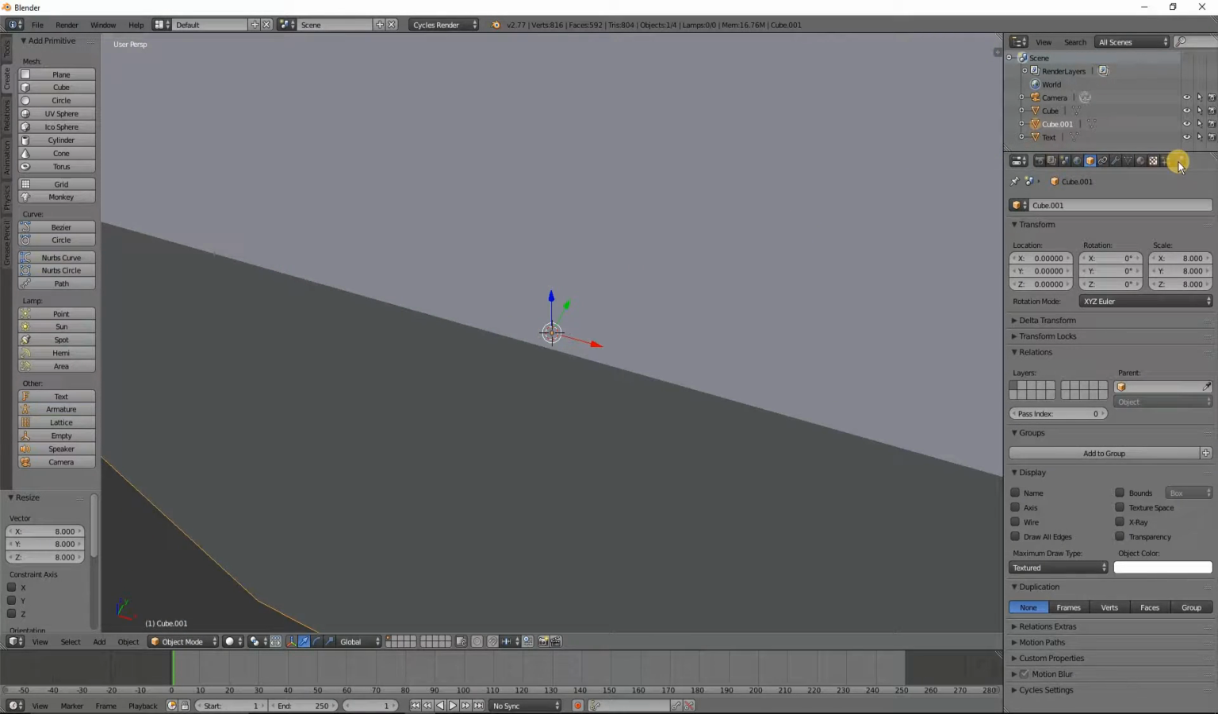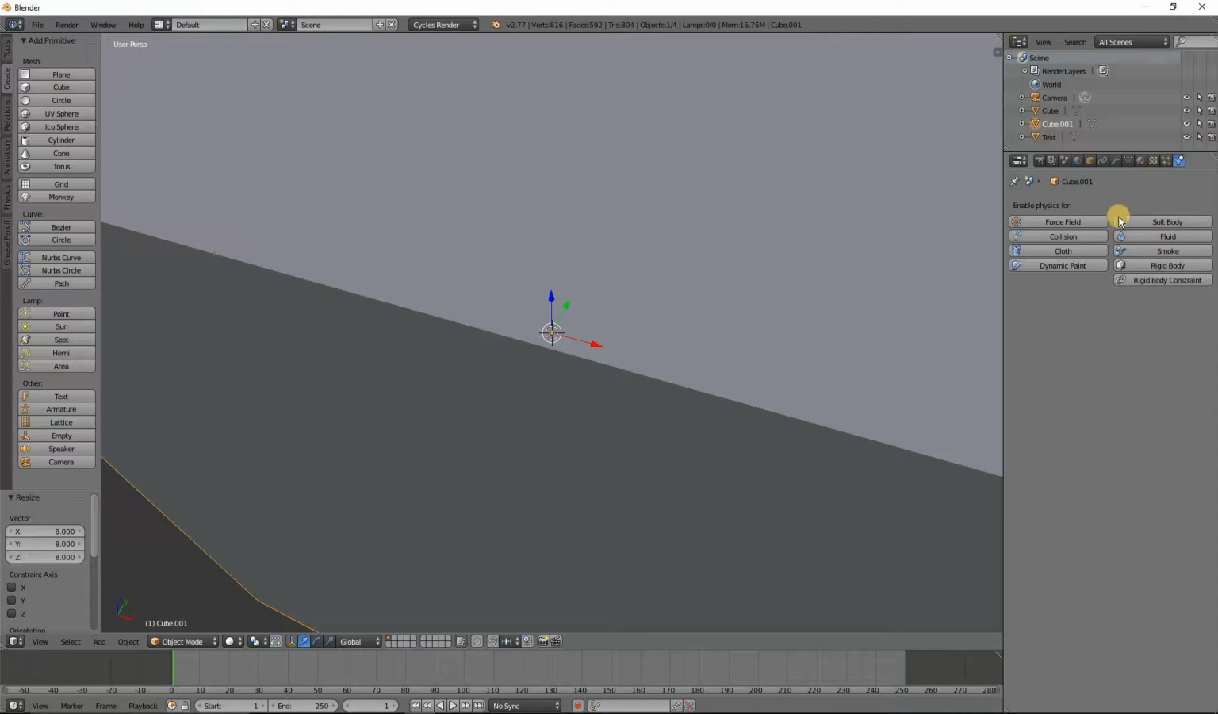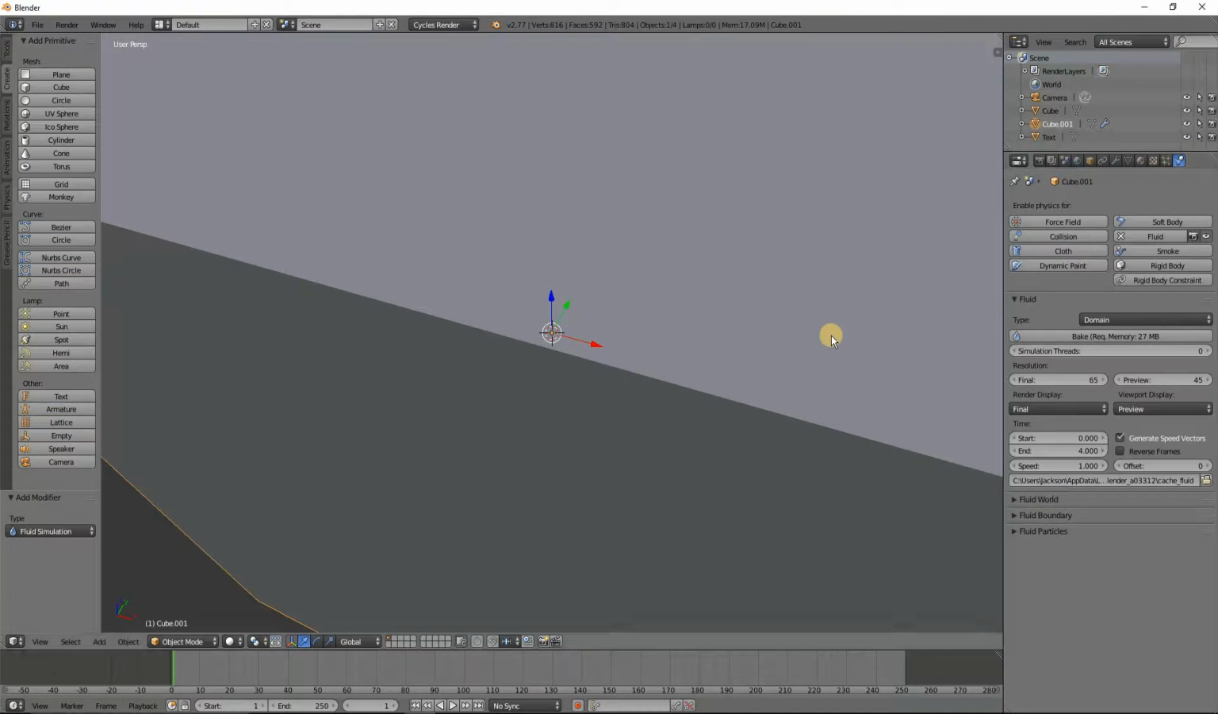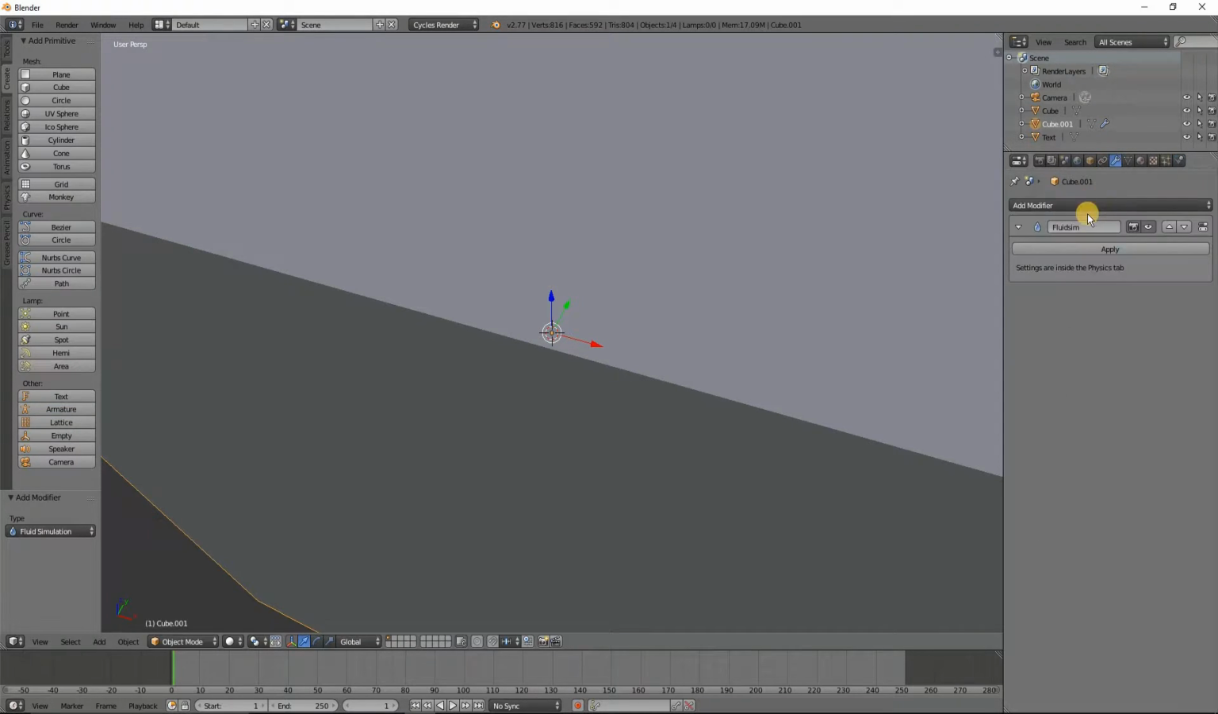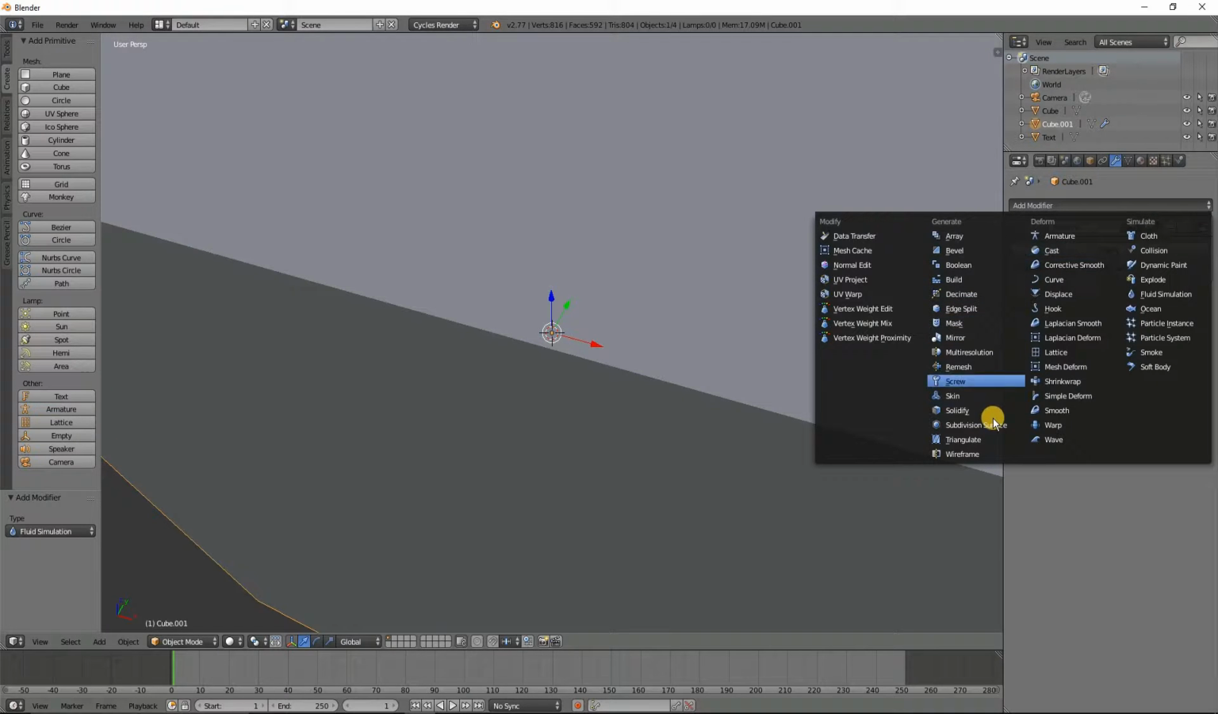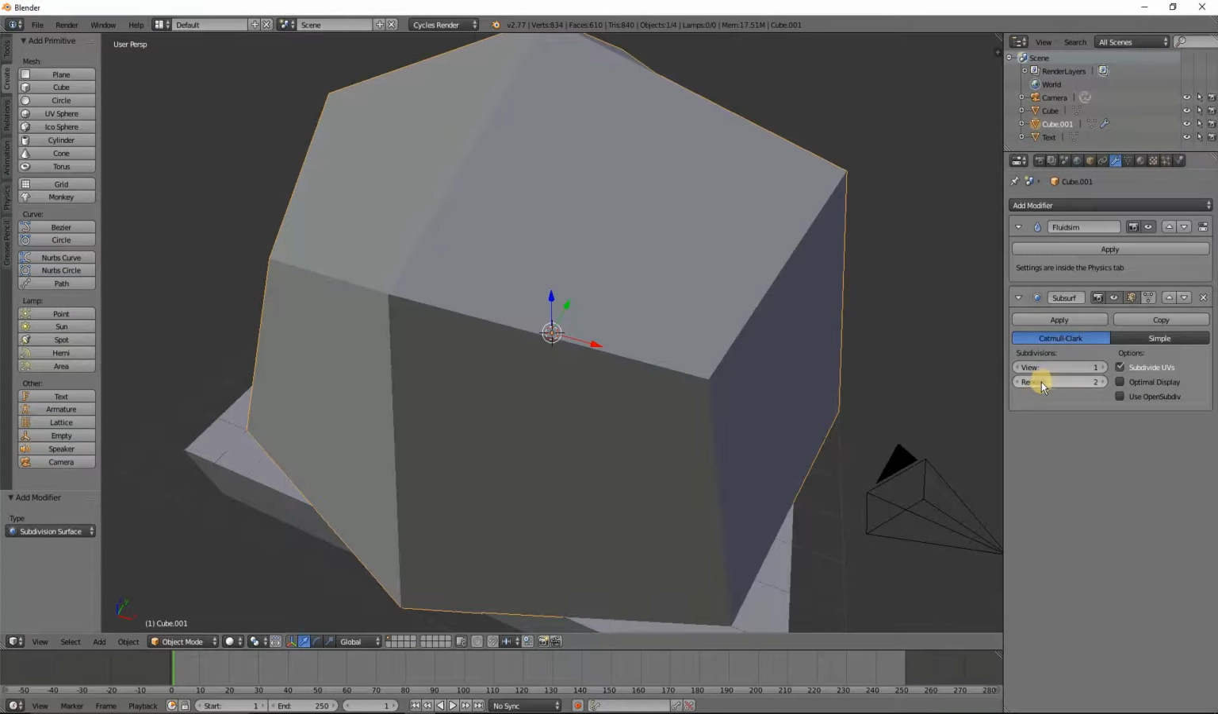And now we want to start creating the fluid. So go into the Physics tab, click Fluid, and select Domain. Move the resolution to 100. And then go into the Modifiers tab, add a modifier, the subdivision surface, have the render be on 6,